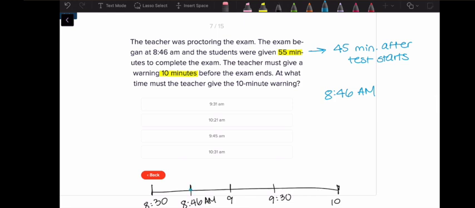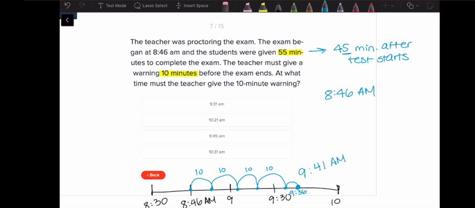So 8:46, I'm going to jump 10 minutes, and that's going to leave me at 8:56. Add another 10, that's going to be 9:06. Add another 10, 9:16. Add another 10, now it's 9:36. But that's only 40 minutes because each of these was a 10-minute jump. So that's 40. But it's 45 minutes in total. So I'm just going to add 5 more minutes to that. So 9:36 plus 5 would finally land me at